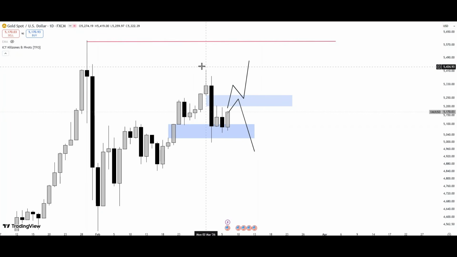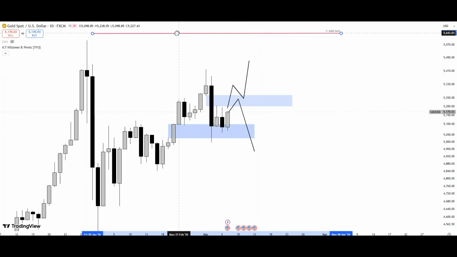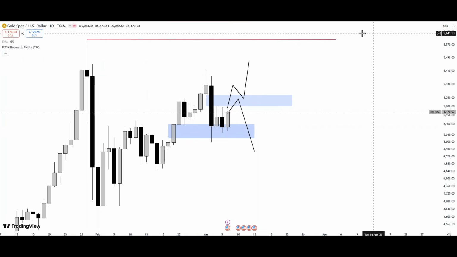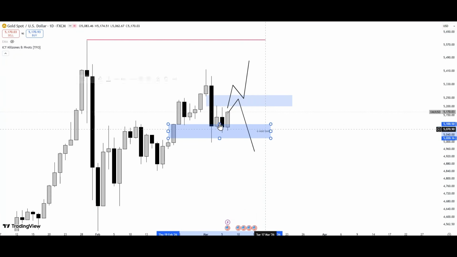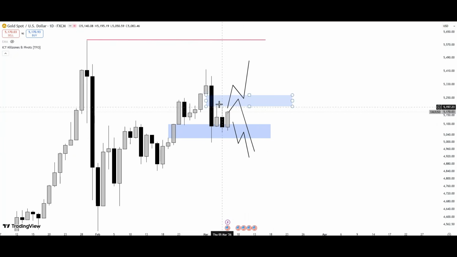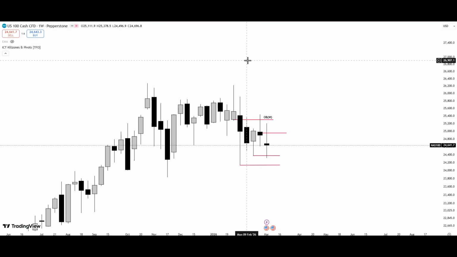But if the dollar is really strongly bullish and we get a bullish dollar, gold is going to start seeing bearish momentum. Also, if price fails to get to this high and just inverts this daily fair value gap, then at that point there's a high probability that gold is likely to see more bearish price action. So let's look at NAS 100.